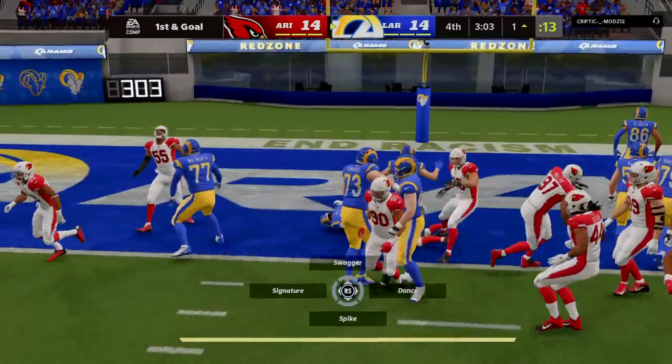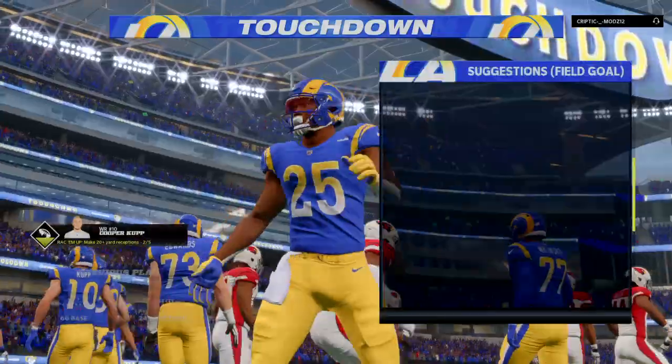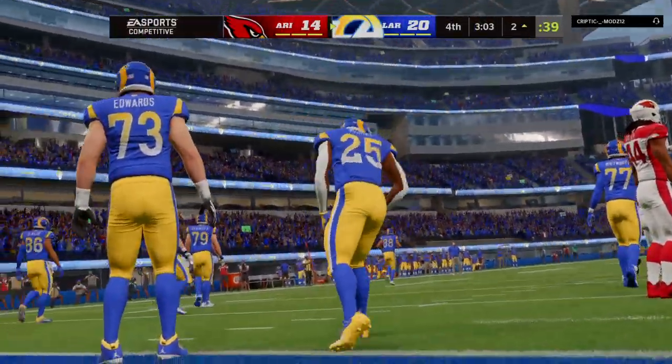Michel. And he'll get into the end zone. Touchdown, Rams. A 1-yard touchdown run for Sony Michel. And the Rams use the short field to their advantage as they cash in